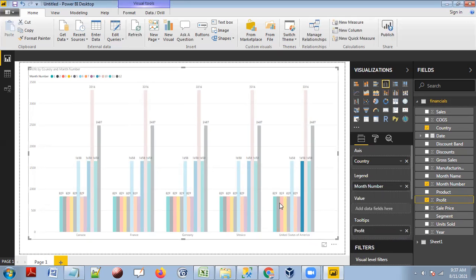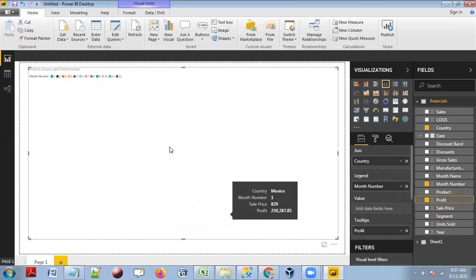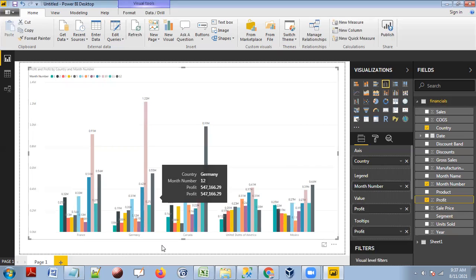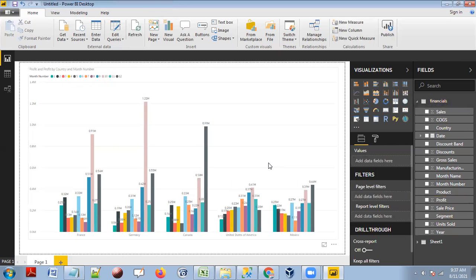Because when we are using a legend, when we are using multi-dimension, yeah, it is taking time. When we are using multi-dimension, country is one dimension and the month number is one dimension. When we are using multi-dimension, we can't put 2 profits, 2 values. That is the problem. 2 facts we can't define for multiple dimensions. So if the dimension is only one dimension, then we can put multiple facts.